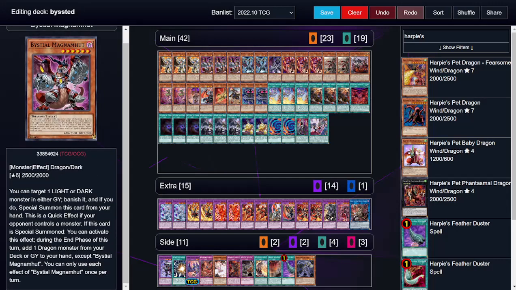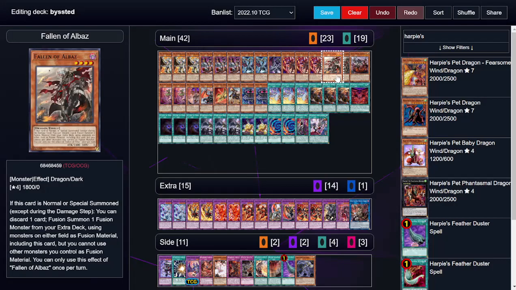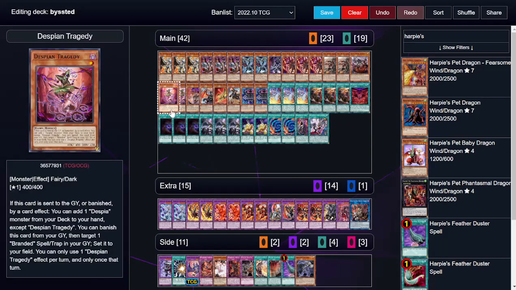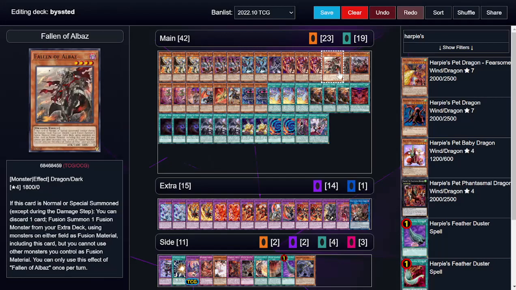You can activate this effect during the End Phase of this turn: add 1 Dragon monster from your deck or graveyard to your hand, except Bystial Magnamut. So, an insane searcher. Not only does it work with all of the Bystial cards themselves, but Fallen of Albaz is technically a Dragon. Most of the time you don't necessarily need to search it, but it is a Dragon. Plus you have stuff like Albion the Shrouded Dragon, which technically is a Dragon, right? So you do have the potential to search a couple of other cards in this deck, but usually I like to stick to the Bystial cards specifically,